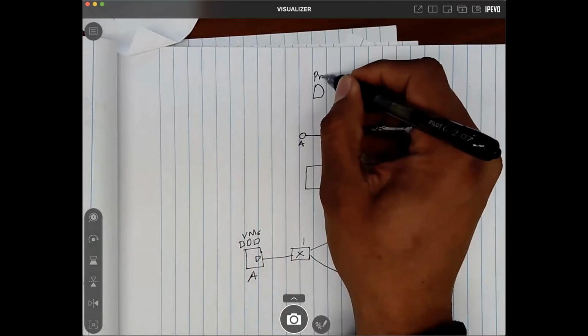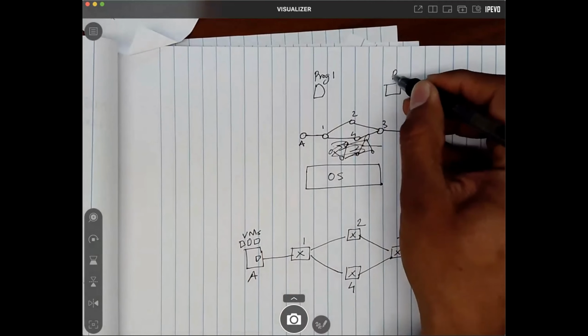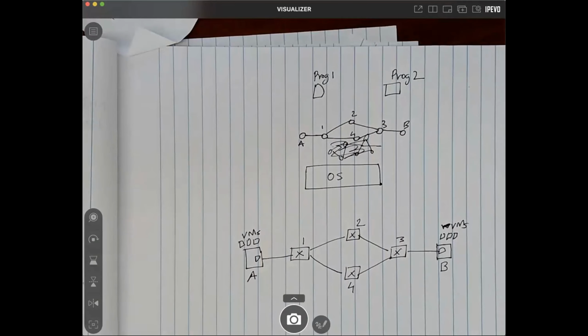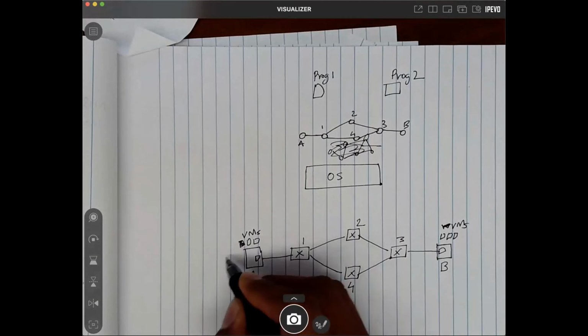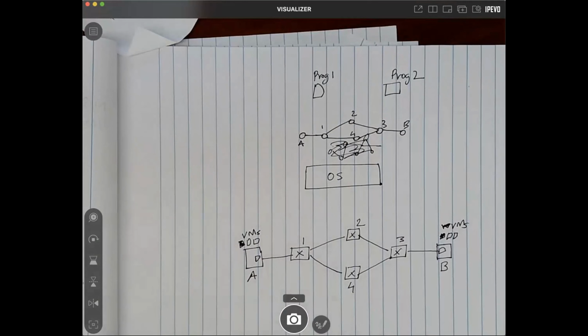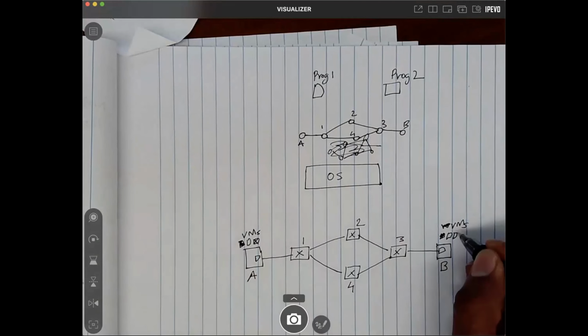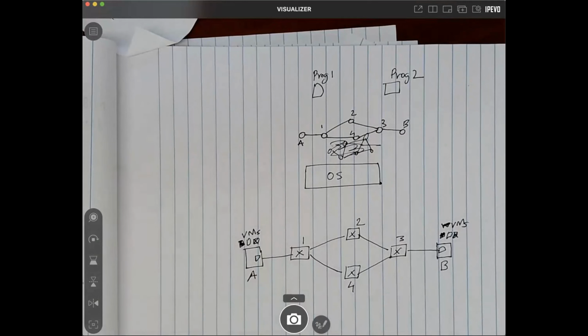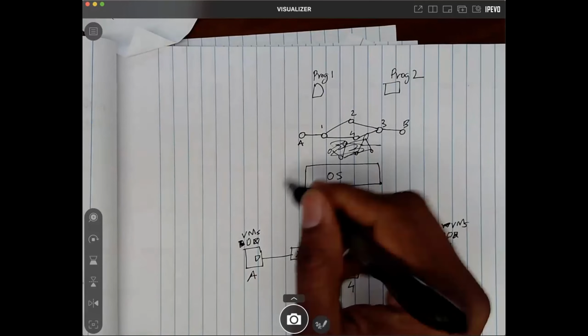So program 1, and maybe we have program 2 as well. What do program 1 and program 2 really mean? I can have tenant 1 with this type of VMs, and tenant 2 offering these crossed VMs, and this is something that we discussed before as well. Program 1 might only be interested in managing the network for VM type 1, and program 2 will be responsible for managing the other set of VMs. So this is an example of that. You can have 2 different programs, and you can have this view of the network.